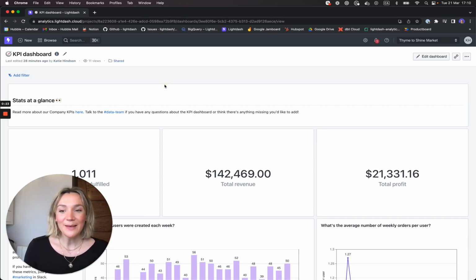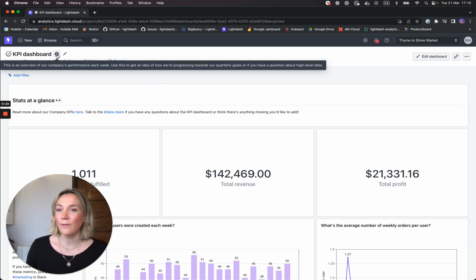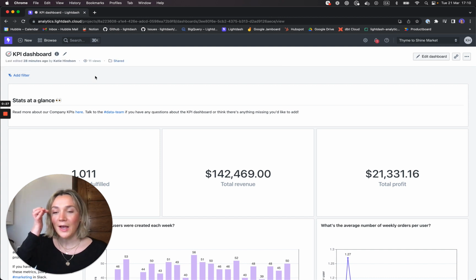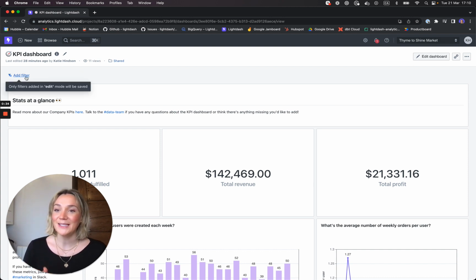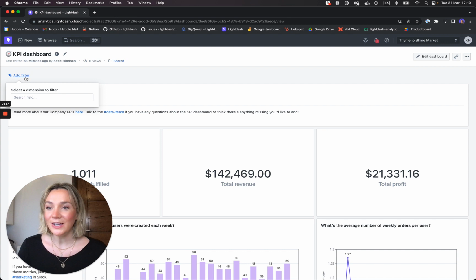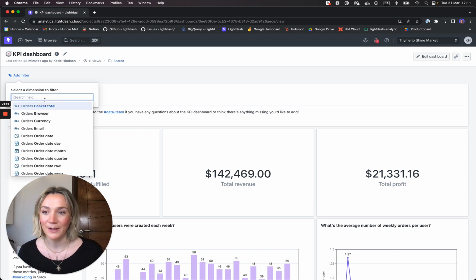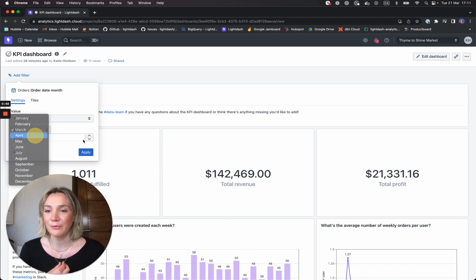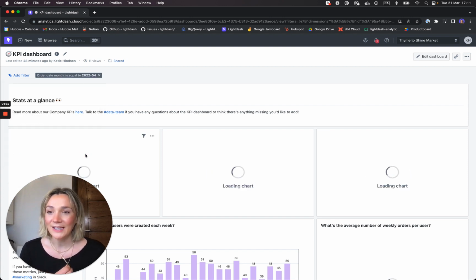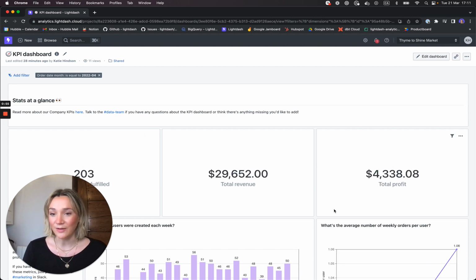So if we head over to our KPI dashboard in Lightdash, this is just an overview of our company's performance each week. There's a couple of different ways that we can interact with the data on this dashboard. Now, the first way that we can interact with data is by adding filters. So filtering your dashboard filters all of the charts in your dashboard to a subset of data based on the filter that you input. So for example, if I just want to look at orders from April 2022, I can apply this filter to my dashboard,